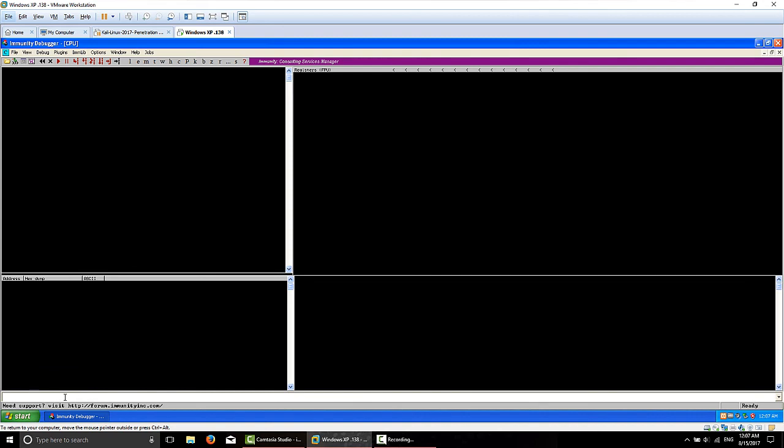and in the command prompt, which is this white bar down here, we're going to type in !Mona space config -set working folder C:/logs/%p,